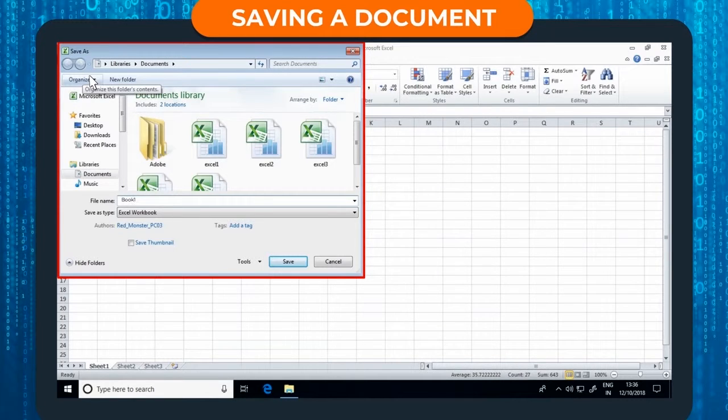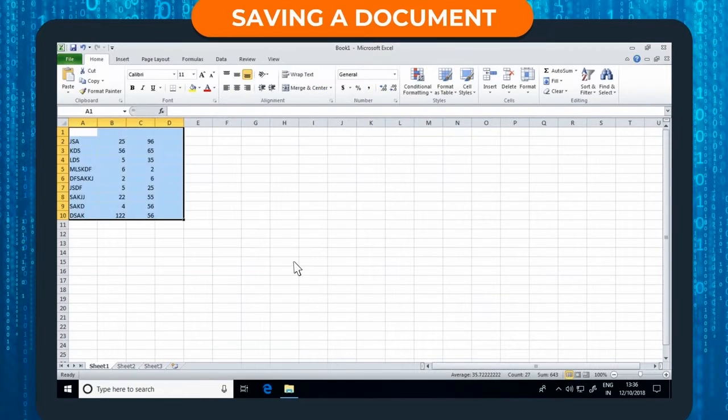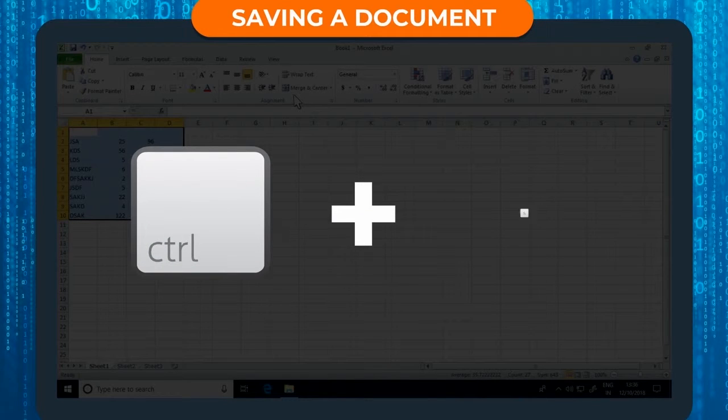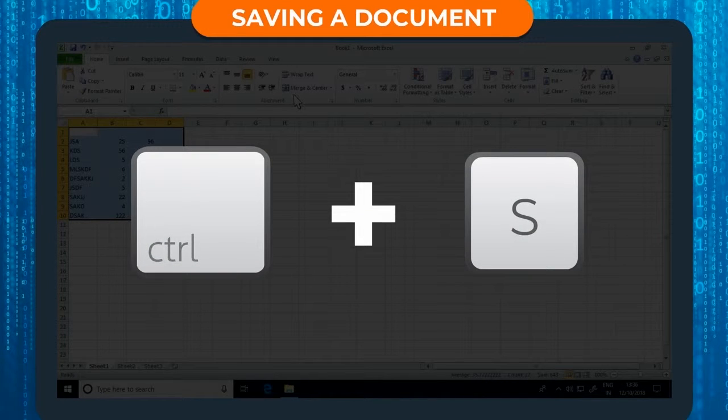Step 3. At the bottom of this dialog box is a field labeled File Name, which is the name of your file, and Save As type consists of the file extension. Step 4. Click Save. Pressing Ctrl+S will just save your file with the current file name. After you have specified a file name, in Step 4,